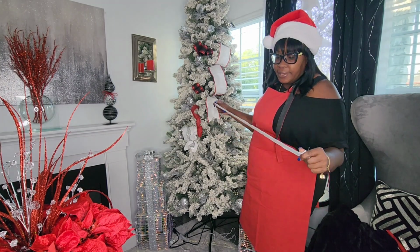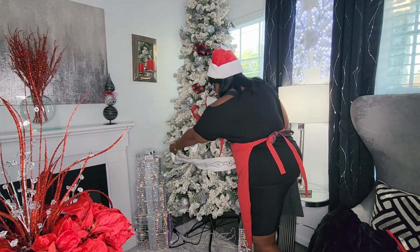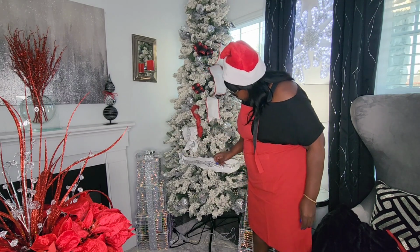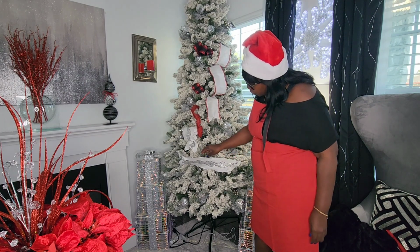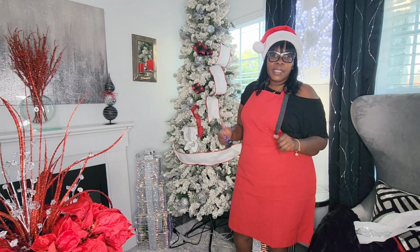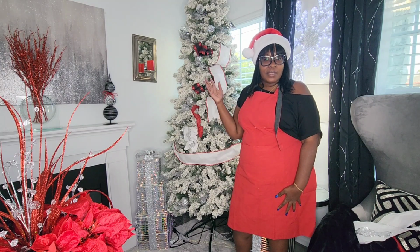There's several other ways. This is like the old school way, how you just take your ribbon and just drape it around the tree like that. This is also a way you can put your ribbon on your tree, just by draping it like so. So I hope that this video inspired you on ways to put ribbon in your tree. Again, these are just different ways. There's probably hundreds more ways that you can put ribbon on the tree, but these are the ones that I'm sharing with